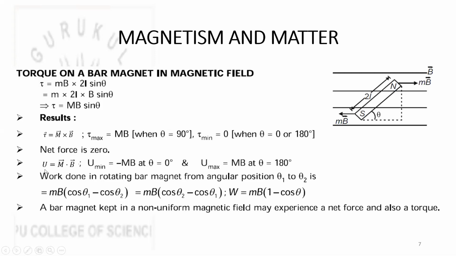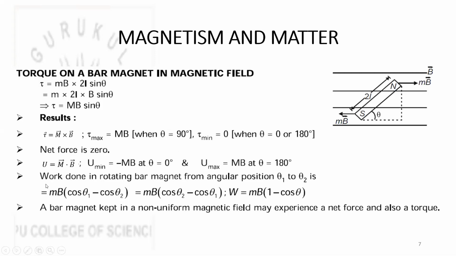Here I need to make a small correction. Potential energy is actually given by the formula U is equal to minus M vector dot B vector. Just make that small correction. Hence U minimum will be minus MB at theta is equal to 0 degrees, and U maximum will be MB, which is at theta is equal to 180 degrees. And this theta is equal to 180 degree position is called the most unstable position. And there is one more position, which corresponds to theta is equal to 90 degrees, at which the potential energy becomes 0. It would be the zero energy position.